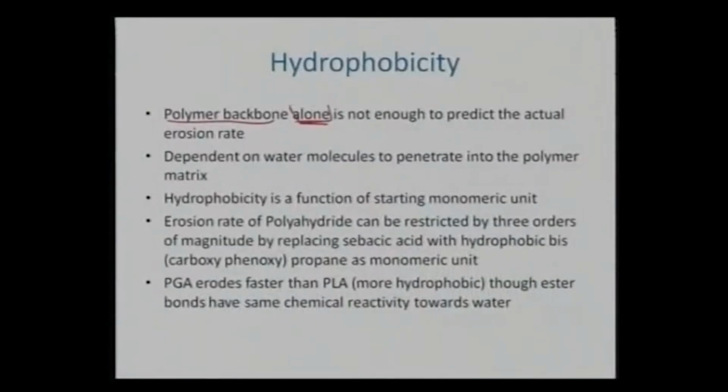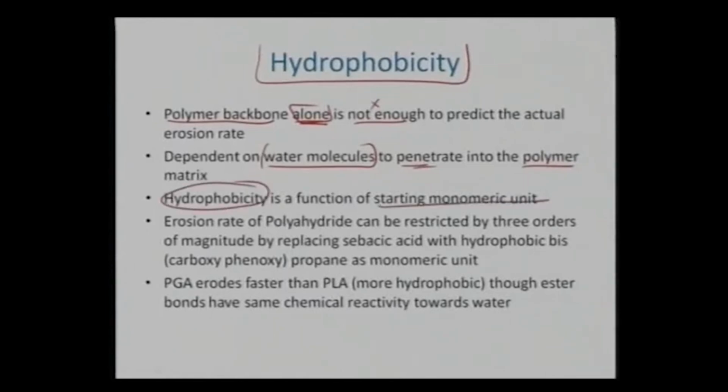So again, as we see, the polymer backbone alone is not enough. We also need some other parameters, which is nothing but the hydrophobicity. So depending on how much is the overall affinity of a particular chemical to uptake water in the polymer. So again, the hydrophobicity becomes a function of the starting monomeric unit, because the chemical nature of the material starts with the monomeric material. So the monomeric material decides what is the overall affinity of this particular chemical towards hydrophobicity. So we can see that there is a combination of chemical as well as hydrophobicity in terms of dictating